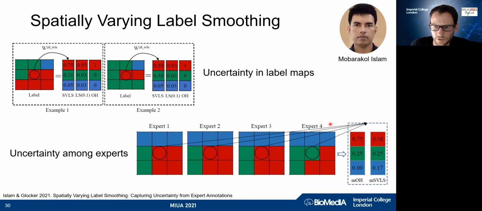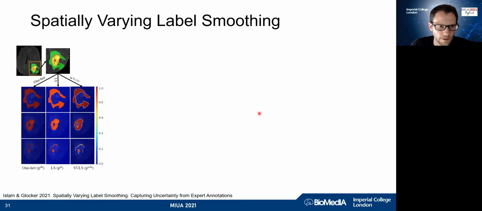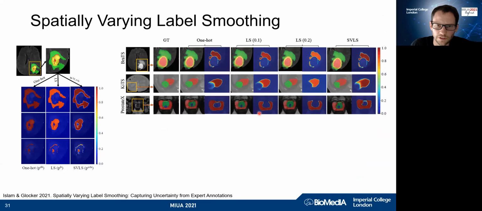So if you have 4 experts giving you 4 different segmentations for a single image, you can take this into account, and you can see how the spatially varying label smoothing differs from a simple aggregation of the central pixel information, for instance. So we have tested this for various segmentation tasks, and you can find more details in the paper, but just some visual results here that confirm that we do preserve in our predictions, I think more